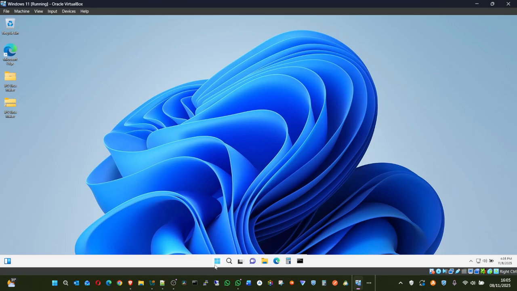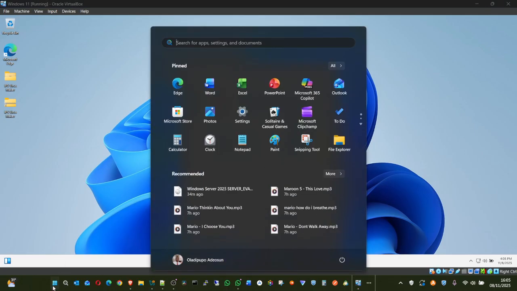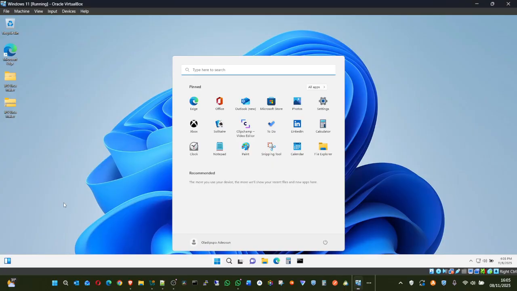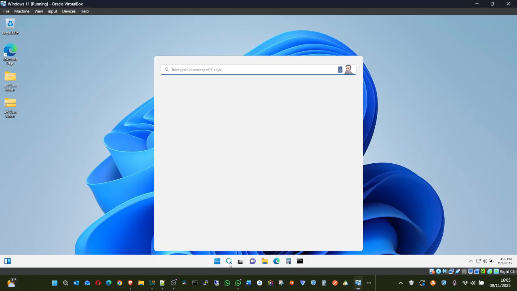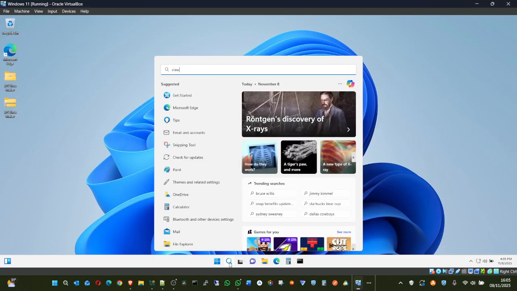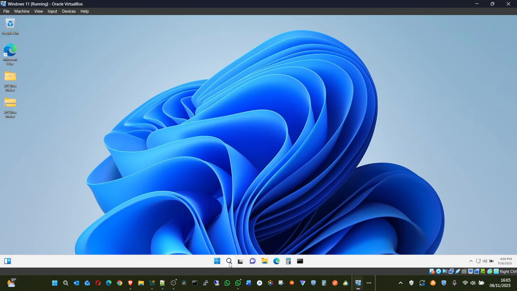So right here, this is Windows 11 running inside my Windows 11. While I have this open right here, I can also open another one for you to see. So we have two separate ones. Sorry, I just need to quickly check something, because I always like to disable network on this adapter.